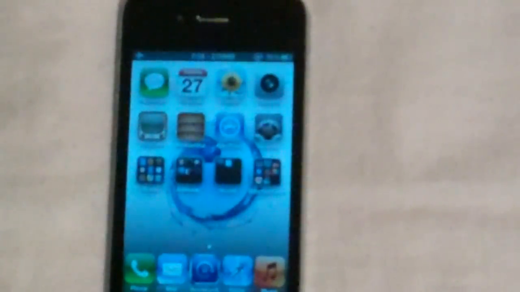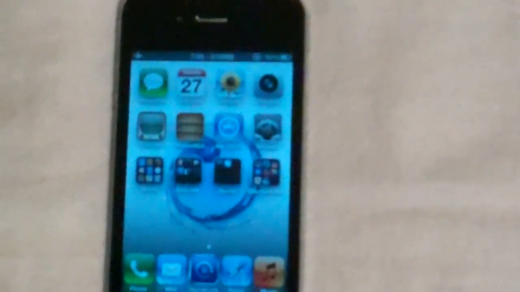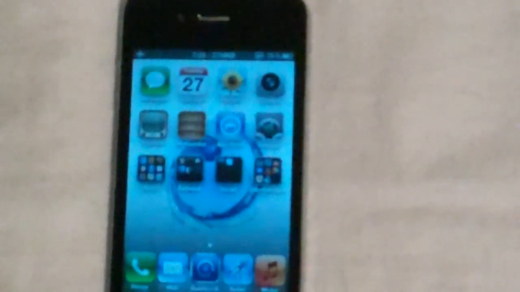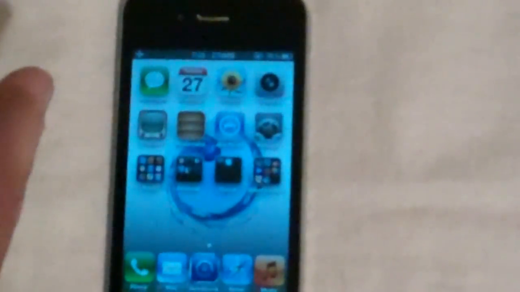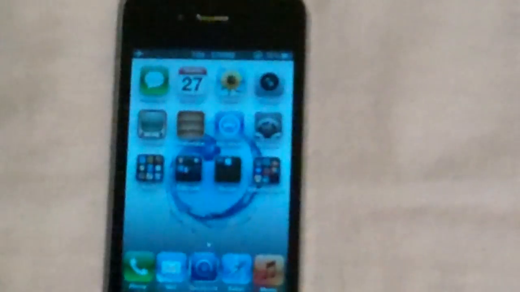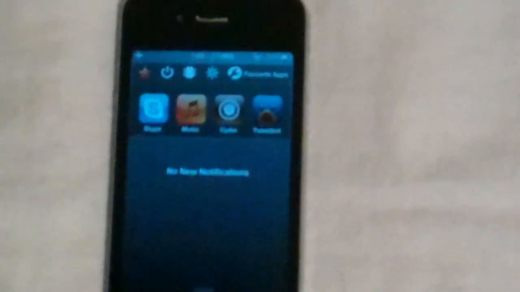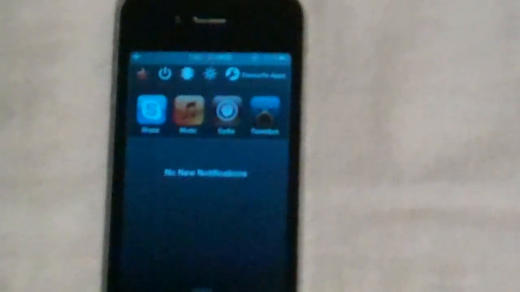SB settings, for those of you who just like toggles, only toggles, basic user, go ahead and download SB settings or UI settings. They both do the same exact thing. So BB settings, I like to say once again, is more unique, it's more appealing, and it's going to be